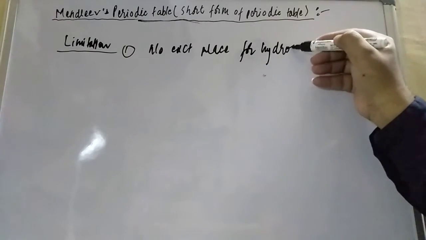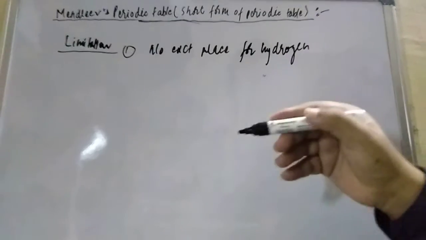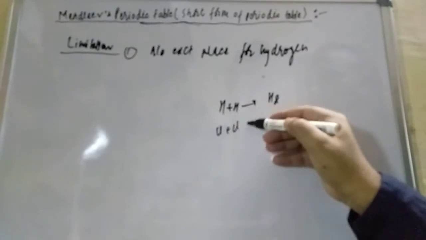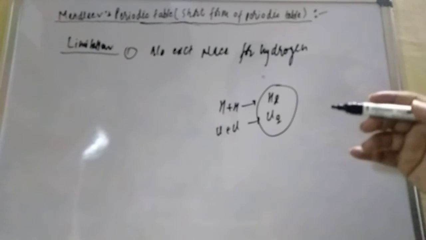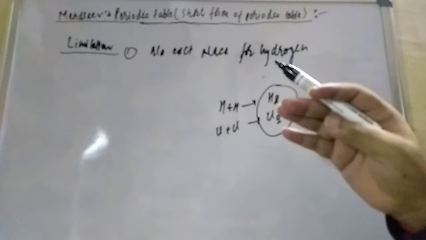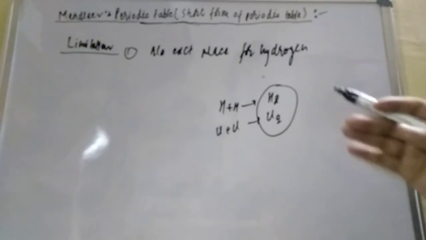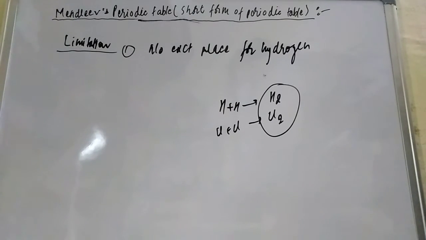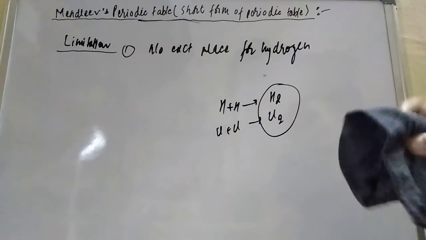So what he said is, student, that he kept hydrogen in group 1. But group 1 also has the metals. So hydrogen is a gas, so this is not a metal. And when you combine hydrogen plus hydrogen, it gives H2, just like Cl plus Cl combine to give Cl2. So it has properties like the halogens, and it also matches some properties with the group 1 elements. So he was not able to decide the exact position where to keep it, group number 7 or group number 1. So this is the first demerit.